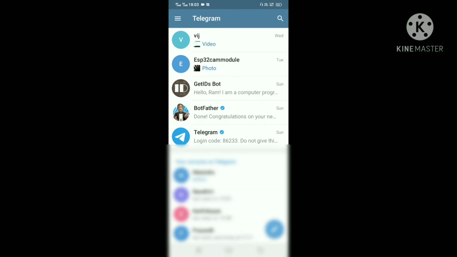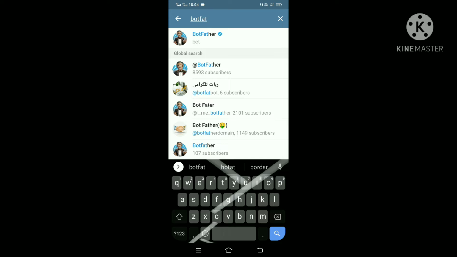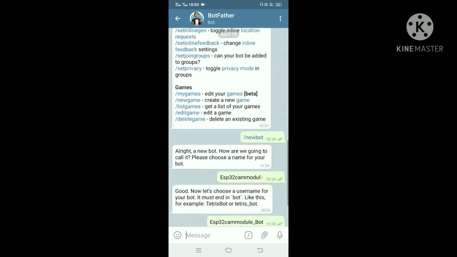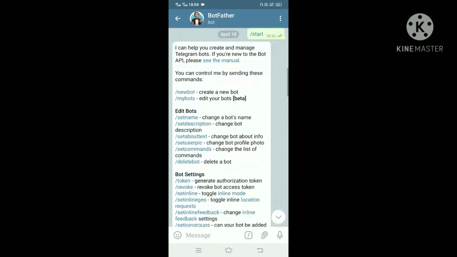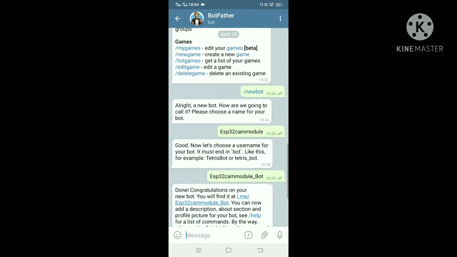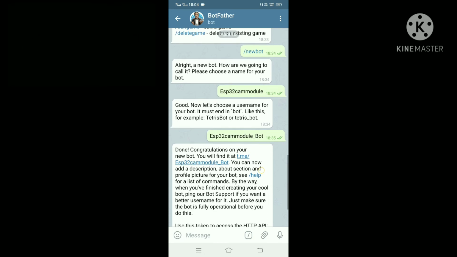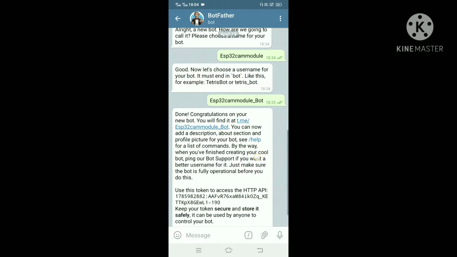So now we take a look at how to get ID and API pin from the BotFather through the Telegram. So you have to type BotFather. As you can see here, there is a verified profile here. After getting into it, you have to give start, and it will give all the description and the facilities that are available there. And you must give new bot, and it will ask for a name. There you must give the name for your bot, and it will ask you to give a suffix bot to your bot name, and you must give that.